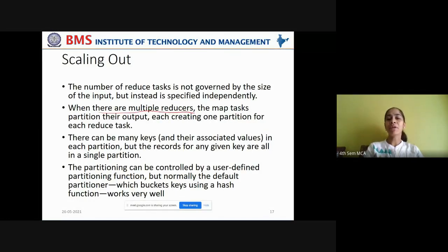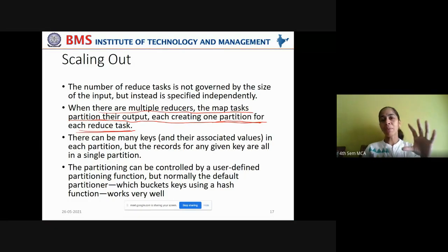When there are multiple reducers, the map tasks partition their output, each creating one partition for each reduce task, right? When there are multiple reducers that you add to a map reduce job, in that case, the map tasks partition their output, divide their output, each creating one partition for one reduce task.